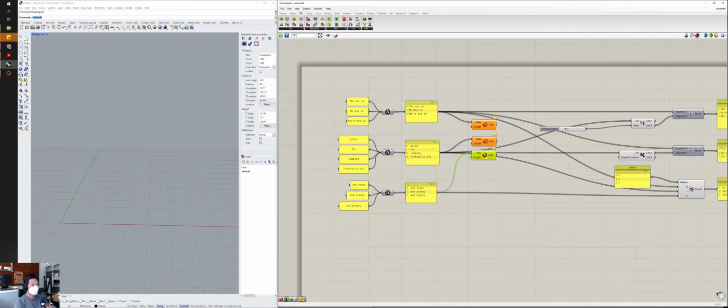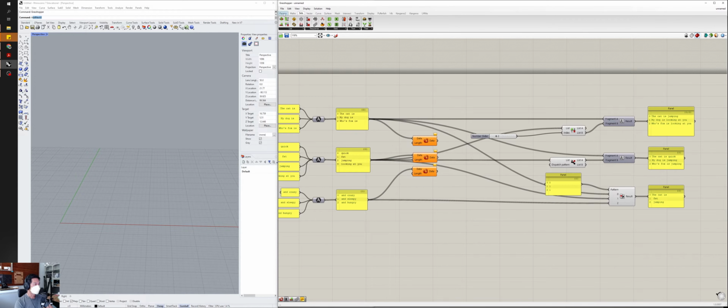Originally the way we'd worked is we'd always accepted the length of the list that we had, right? But you can see here that if we use a repeat data component, we can define the length